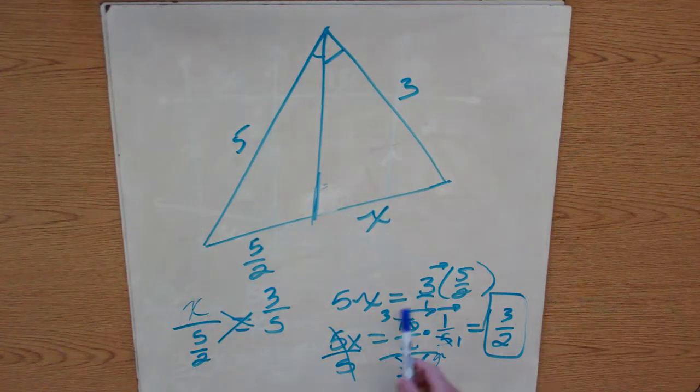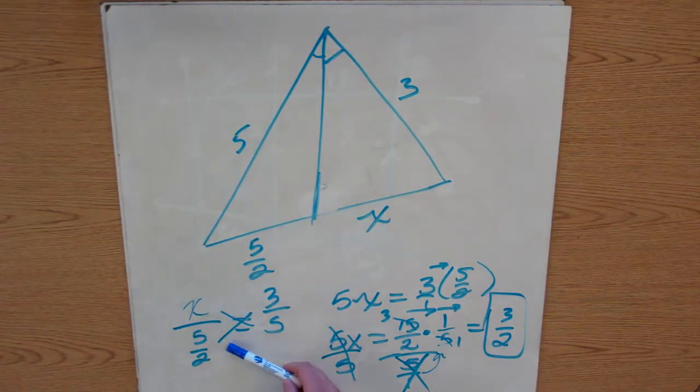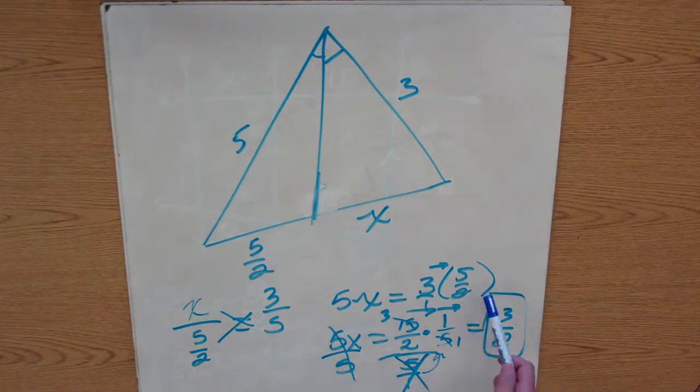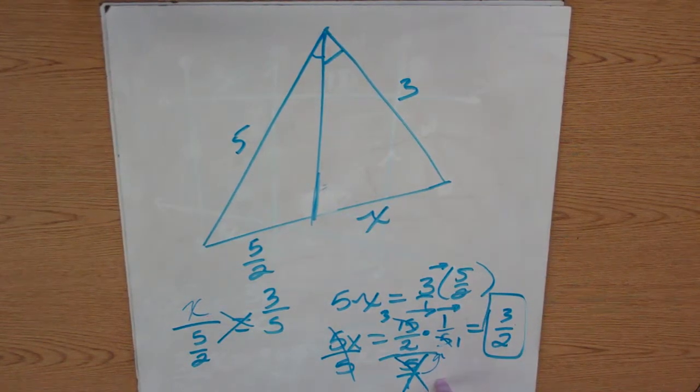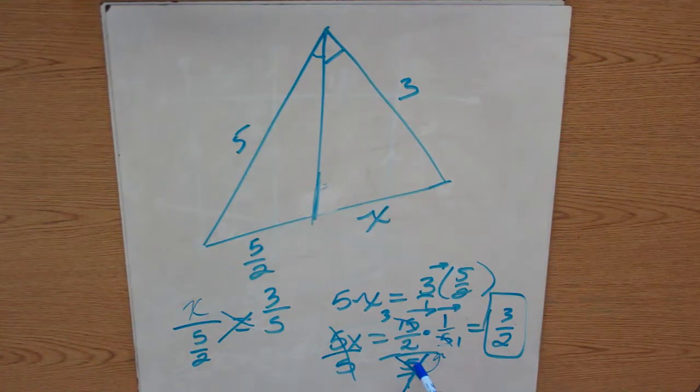Alright? Because again, we just set up our proportion. X over 5 halves equals 3 over 5. Alright? And then we just solved down for x. This might be the trickiest part for you. But just remember, like I said, we had 5. We can make it into a fraction, 5 over 1. That's in our denominator. We can take the reciprocal of that, which is 1/5, multiply it by our numerator, and